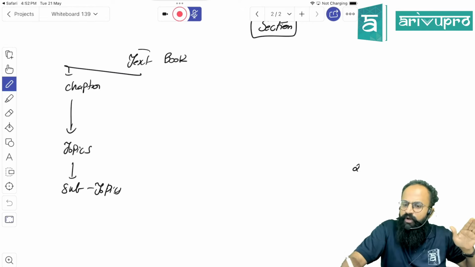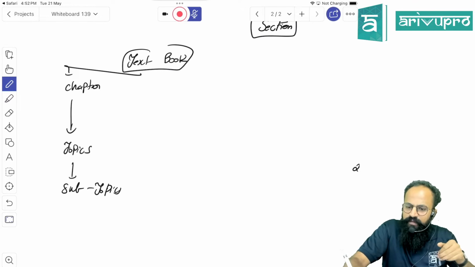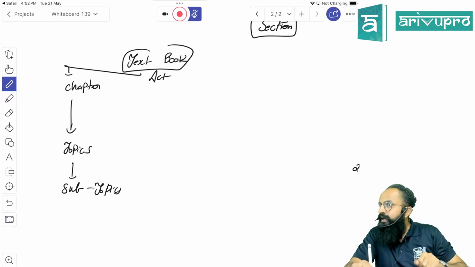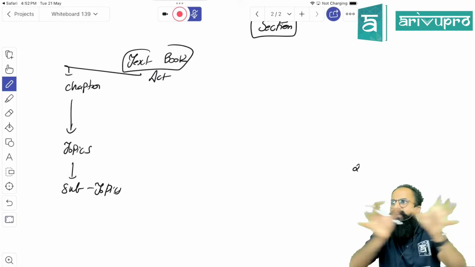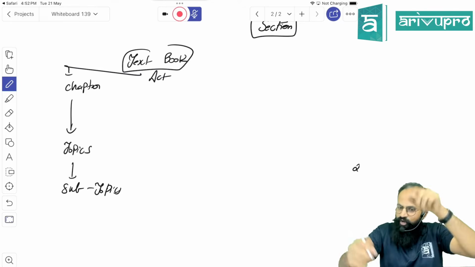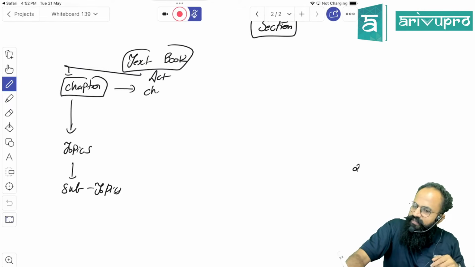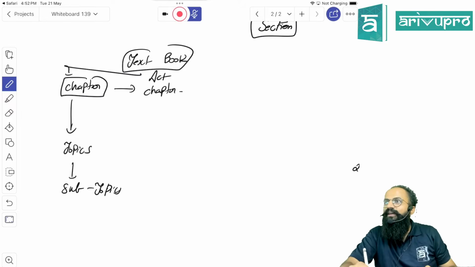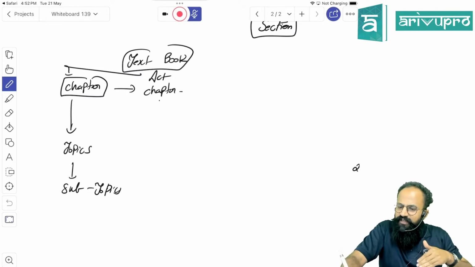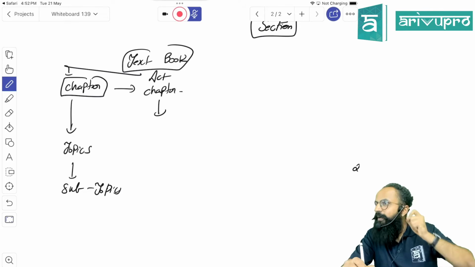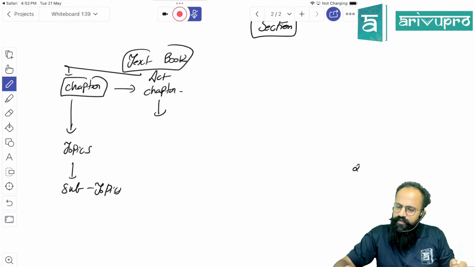There is one textbook. Now imagine this textbook is nothing but an act. Indian Contract Act is a textbook. Now this textbook has various topics, and the topics are also called chapters in the act also. We call it chapters only. Now under the chapter, sir, there are various topics. Now how do you refer to a specific topic? Now if I have to show it to you,